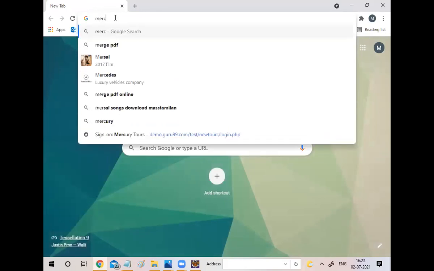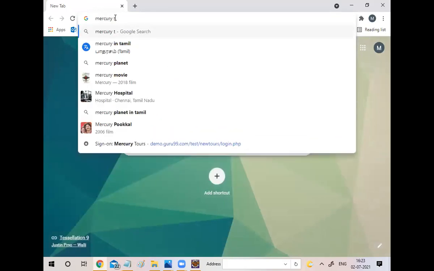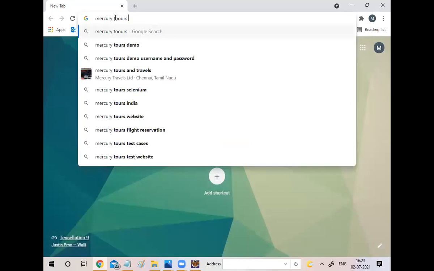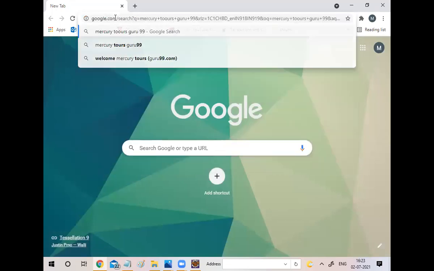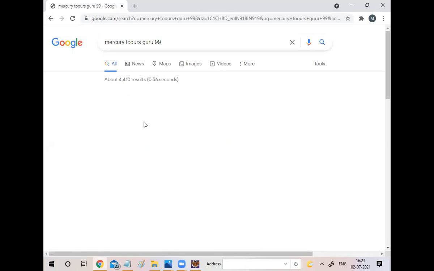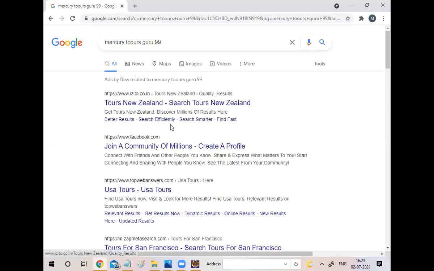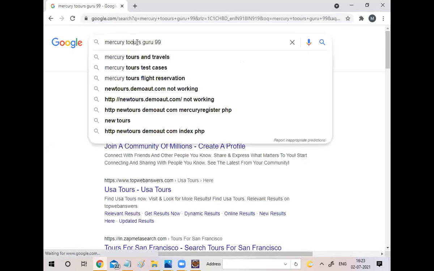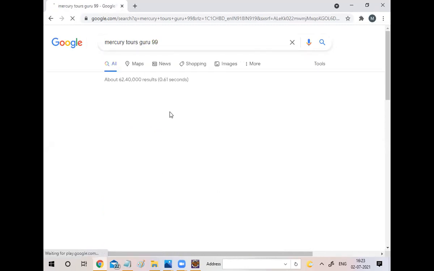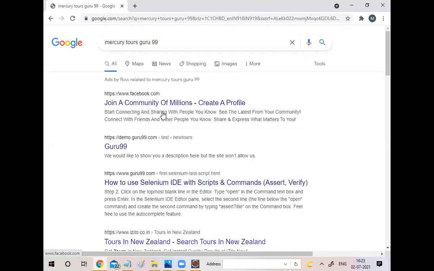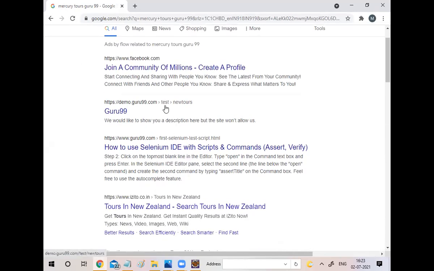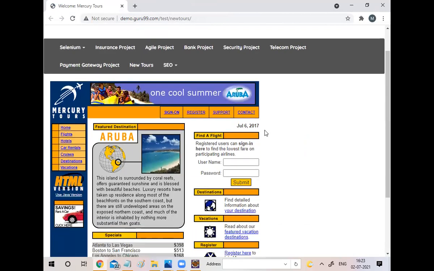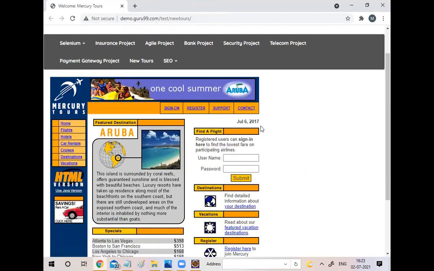Mercury Tours, Guru99. Are you able to see this particular site? Yes.